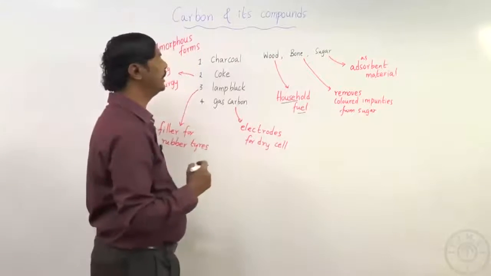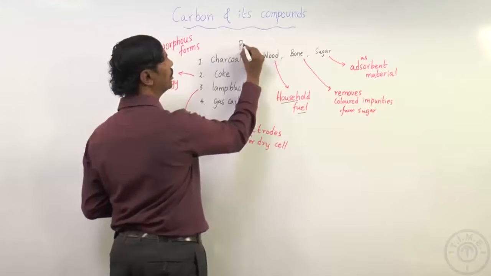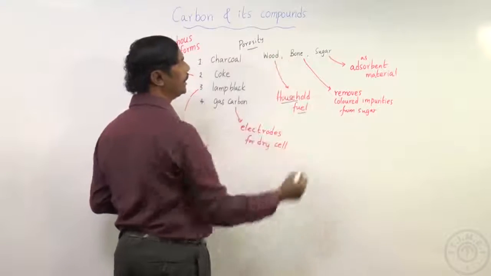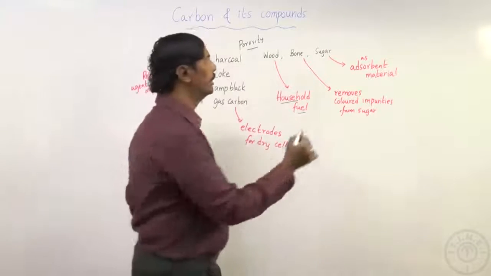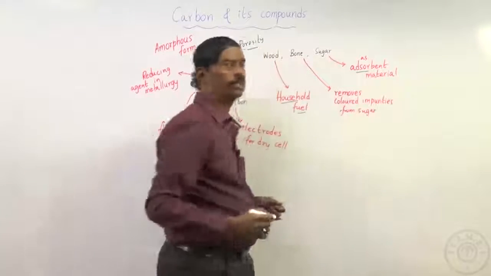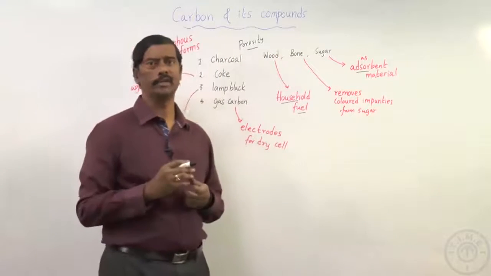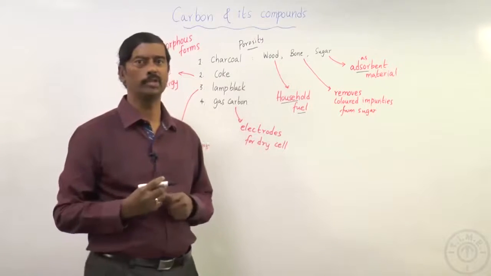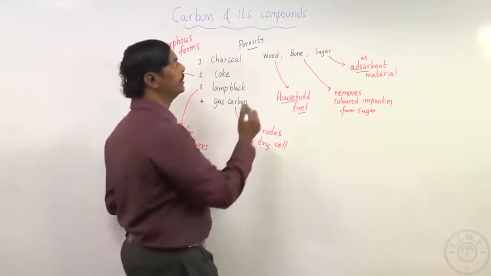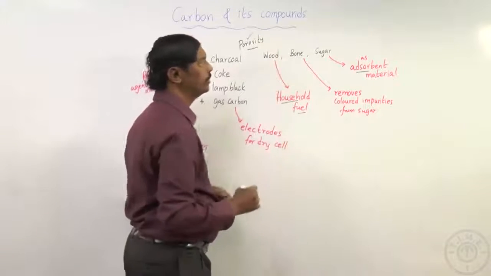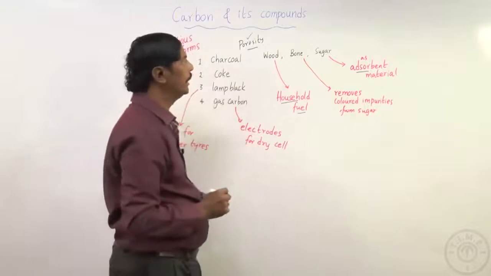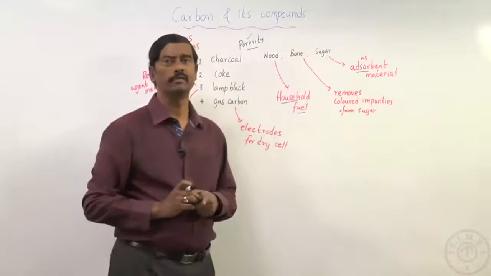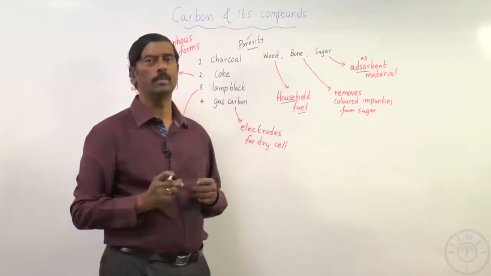See, charcoal is basically known for its porosity. A lot of pores are present in it, and therefore charcoal can function as an adsorbing agent. Adsorption means taking substances onto the surface, that is called adsorption. So adsorption is a very common property of charcoal because of its porosity. And sugar charcoal is much better than bone charcoal because it can be used instead of activated charcoal for adsorbing certain